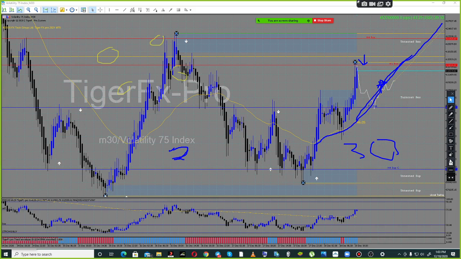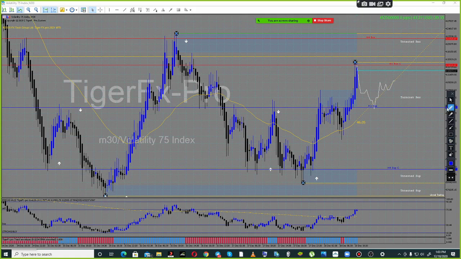Because price can stay overbought for as long as it can. So don't think that because price is overbought, it's going to change direction right away. It can stay in this overbought area for a long time. You see from this distance here, it stayed in that area for a long time. It was on sell, sell, sell, sell. So the best way for you to use an RSI is to use it as support and resistance. Okay?